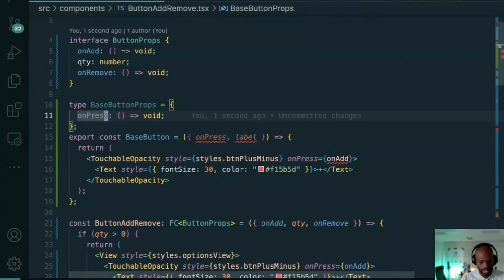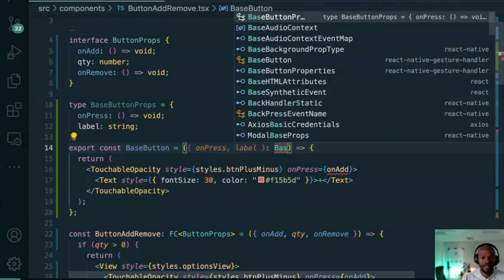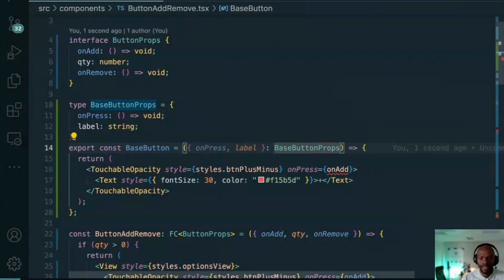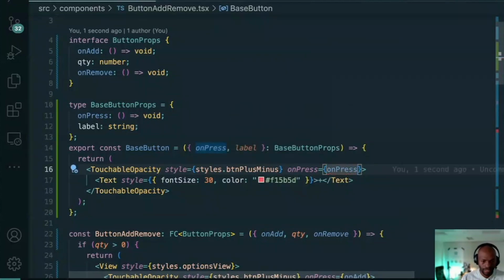This one, the label is like the string right there. So we can move it over there and say this one is a base button there. And then this one we can already change by on press. There you go. And then right there we have some style. And the style there, you can